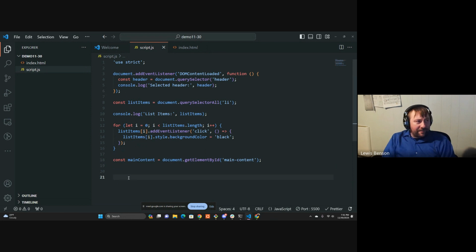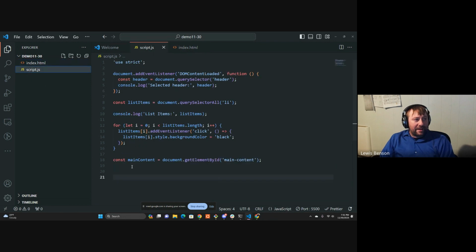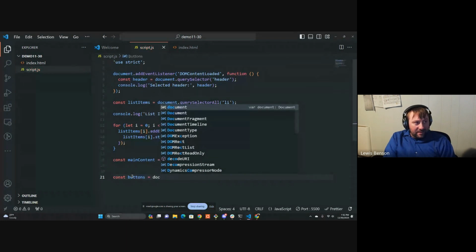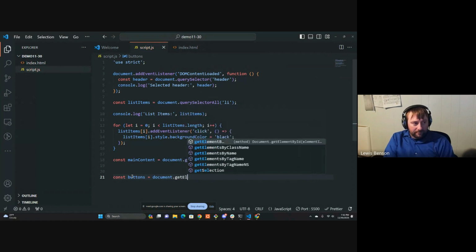So I have those buttons in my HTML. I'm going to select all 3 buttons at the same time. I'm going to select them by their class name. And this is just to show you the get elements by class name method. It's not a method I ever use, but I want to show you what it does, and I'll explain why I don't like it. It's fine for some things,